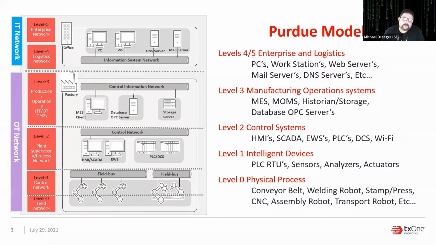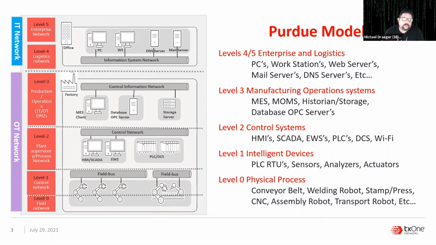Now, when we talk about OT, we have to think about the environment differently. We have to look at something called the Purdue Model, which breaks it down into different levels. There are 6 levels in a Purdue model. The very top levels, 4 and 5, are where your IT infrastructure exists. Your servers, your workstations, your day-to-day operations, mail server, everything exists in the 4 and 5 levels for the IT